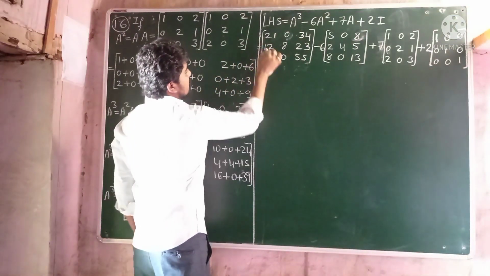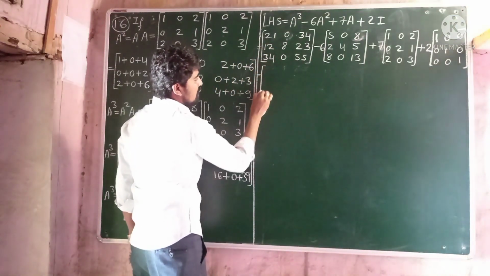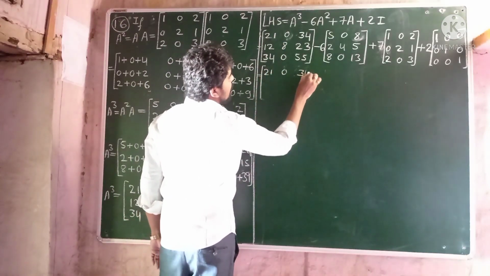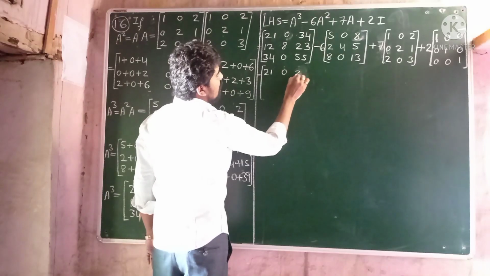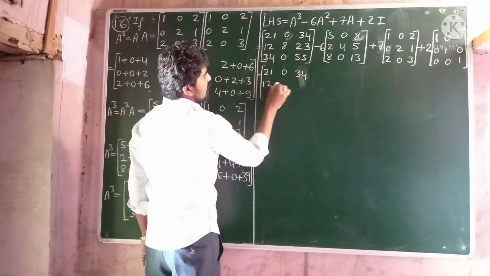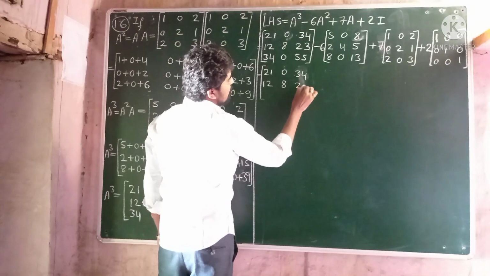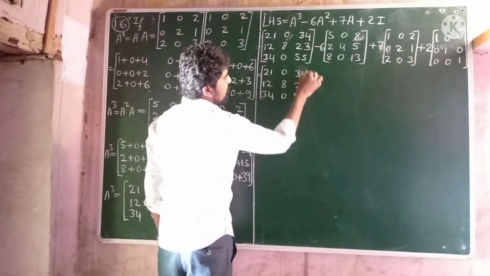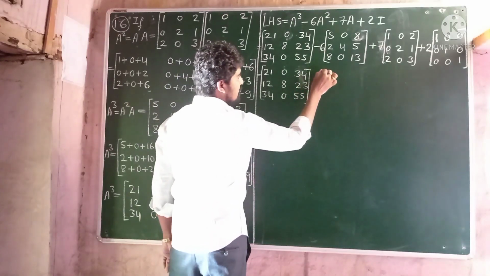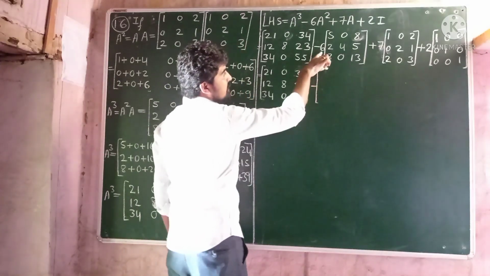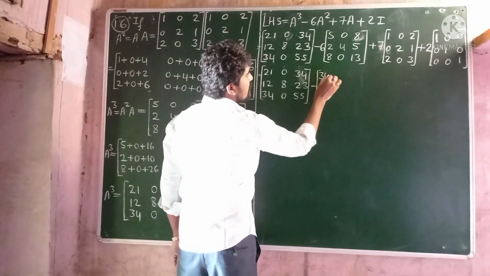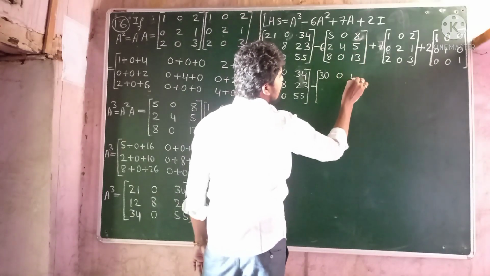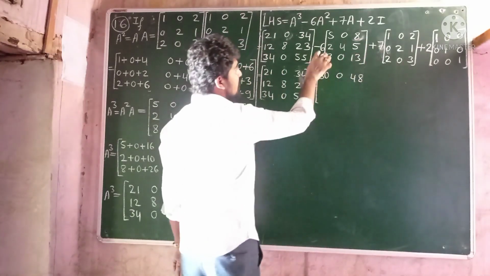So now, which is equals to 21, 0, 34, 12, 8, 23, 34, 0, 55 as it is, minus 6 into 5 is 30, 6 into 0 is 0, 6 into 8 is 48, 6 into 2 is